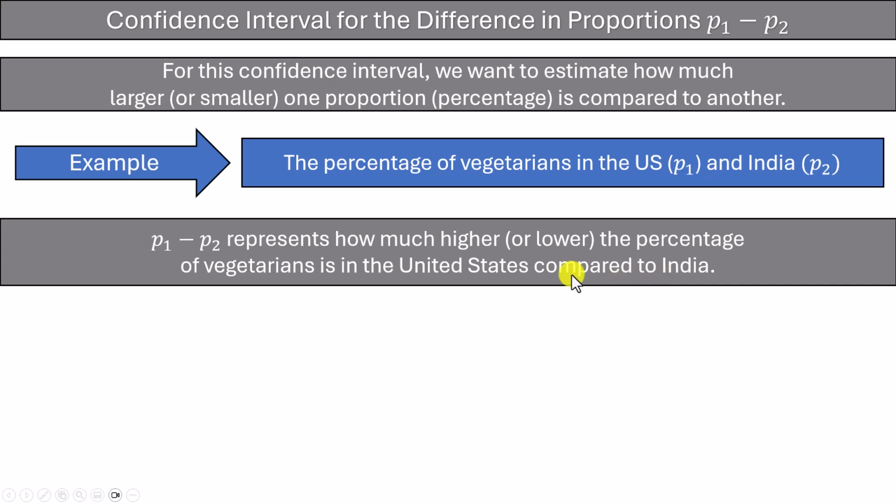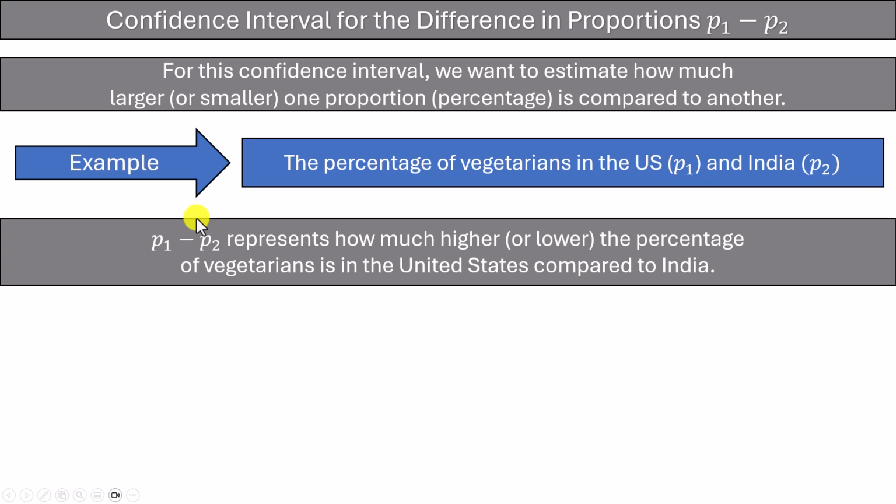Now think for a second about what it means to subtract two numbers. When we subtract two numbers, the result is telling us how much larger or smaller one value is compared to the other. If we subtract two numbers and we get a positive number, that must mean that the first number was larger than the second. If we subtract two numbers and we get a negative number, that must mean the first number is smaller than